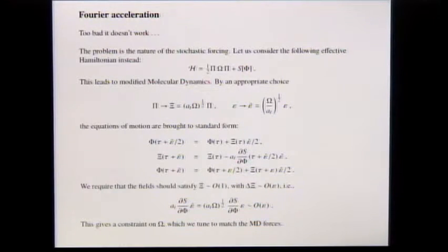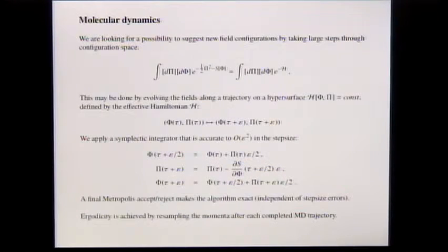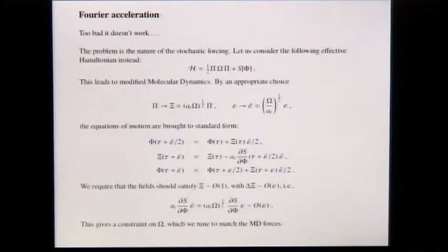In this particular case, we had thought about an algorithm that provides global updates, but it turns out if you use this, you still run into a brick wall. The problem is due to the nature of the stochastic forcing that we include in our hydrodynamic model. In particular, it applies only in certain cases. If the stochastic forcing is delta correlated, everything's fine. Actually, the previous algorithm will work. As soon as you introduce large non-local fluctuations, you run into problems.